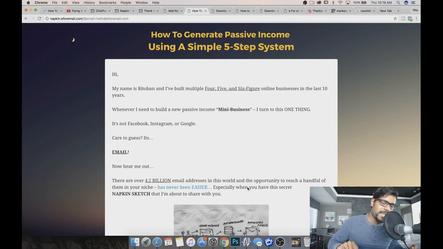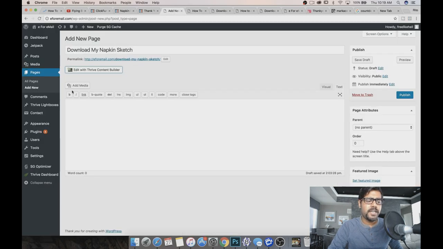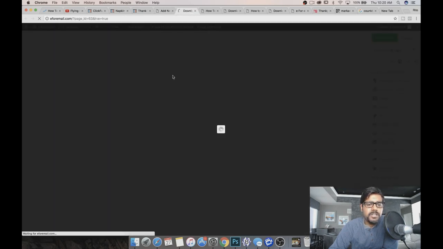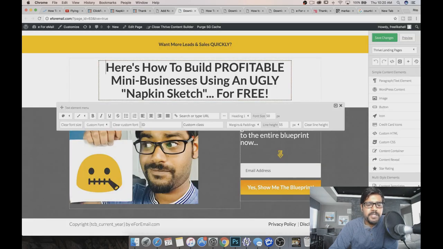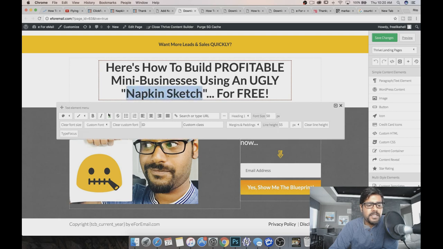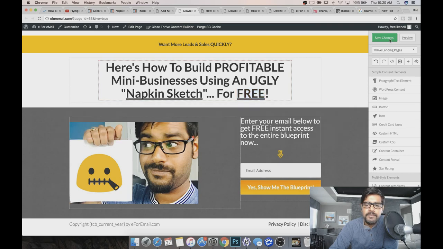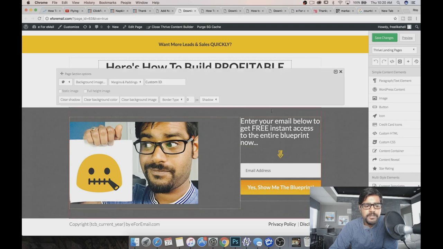So I've been playing around with this program right here, which is funnelforme.com. I've given the link in the description, but it is quite flexible. I do think you'll need to play around quite a bit with this before you get the hang of it. The only interesting part is that because it's all drag and drop and no HTML coding is required, you can pretty much get things done as you want them to. You can just keep making changes and keep playing around till you have that good looking page. So keeping that in mind,